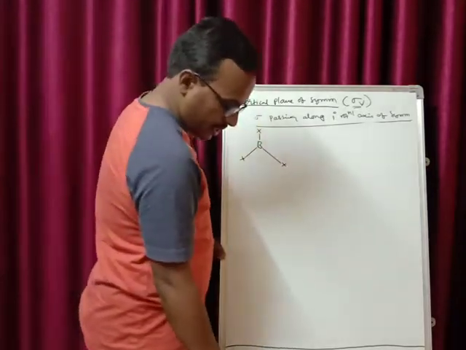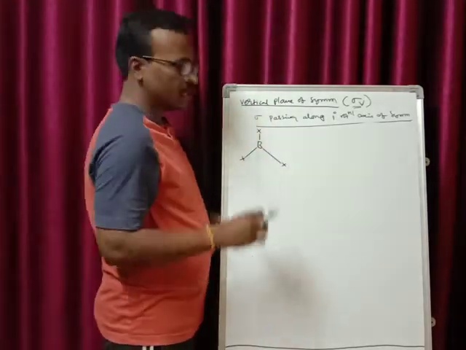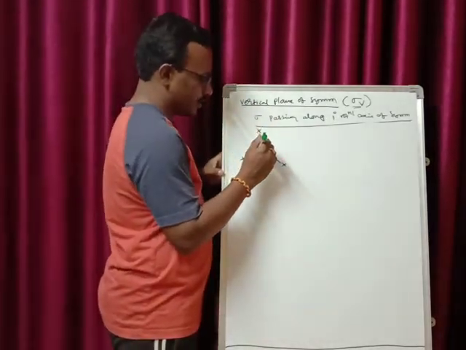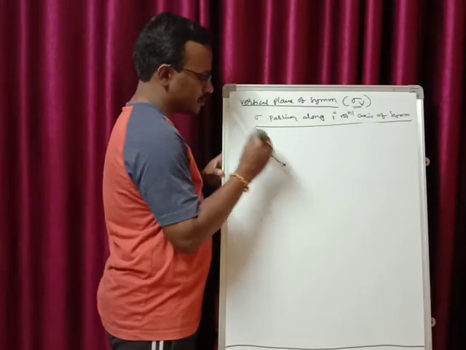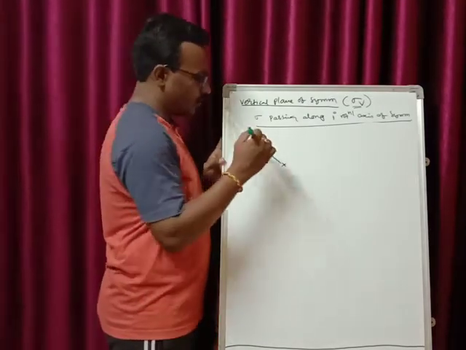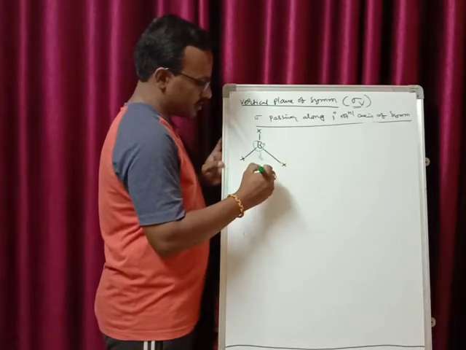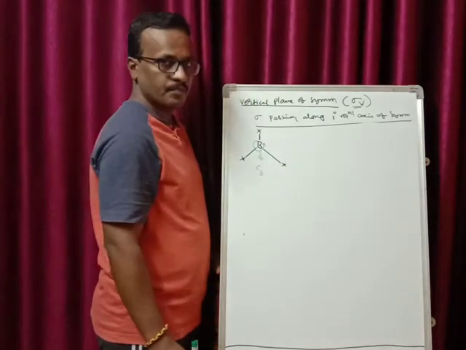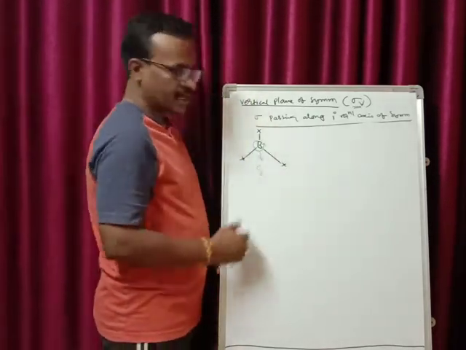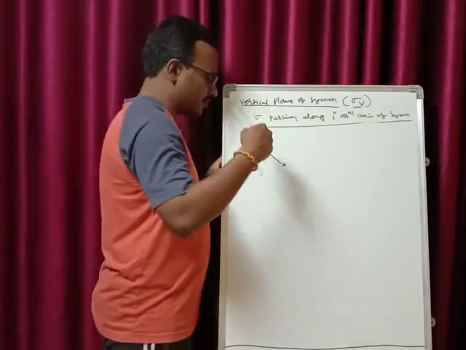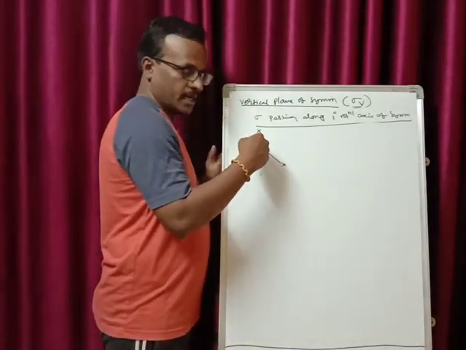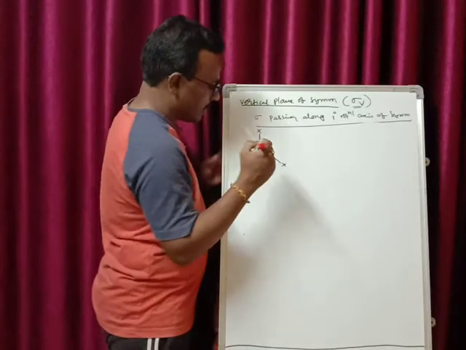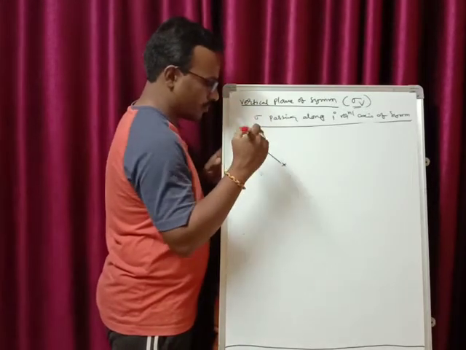Now, in case of the BX3 molecule, the principal rotational axis of symmetry is in the center. That is, the rotational axis of symmetry is passing through the center of the boron. That is, it has the C3 rotational axis of symmetry. Now coming to the plane of symmetry. Since the axis is passing from the front of your board, right? The axis is passing like this from the center of the board, right?